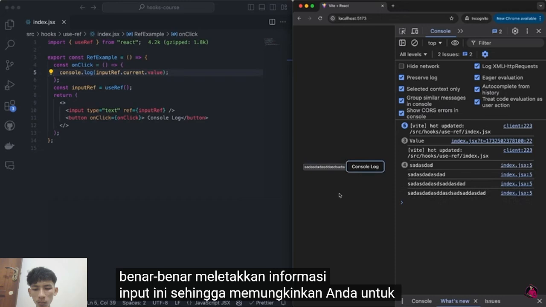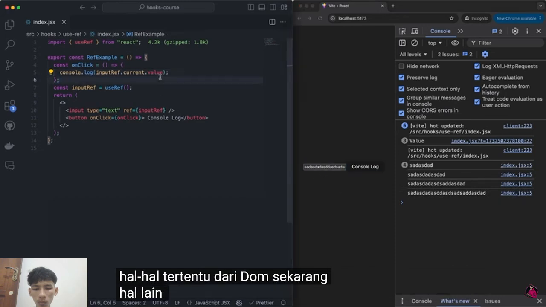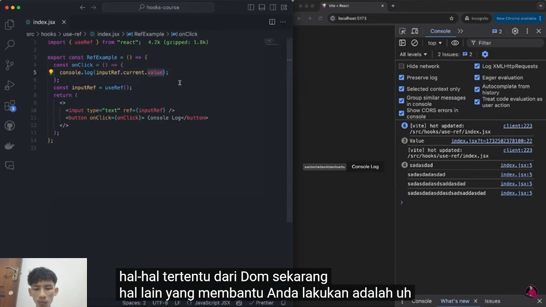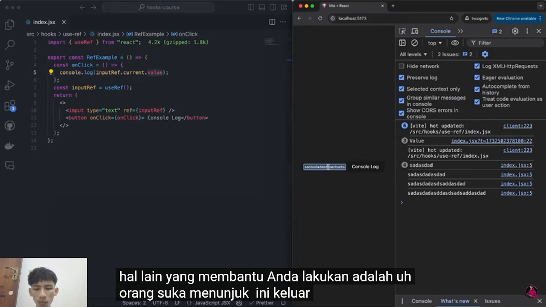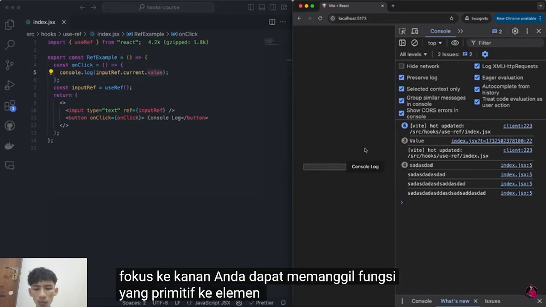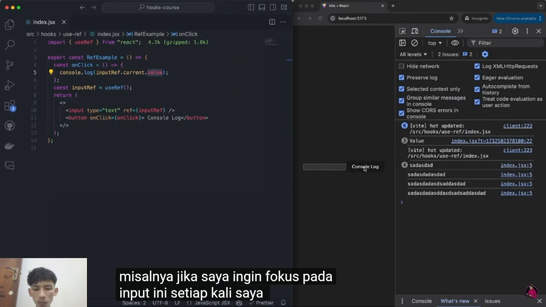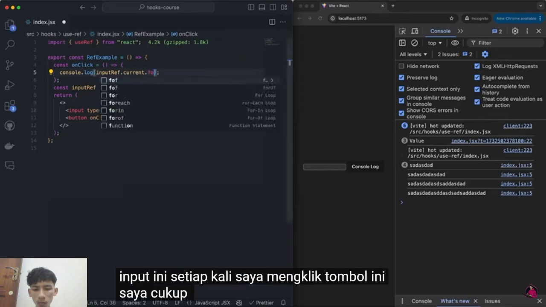So it allows you to grab specific things from the DOM. Now, another thing that it helps you do, that people love to point out, is focusing, right? You can call functions that are primitive to the HTML element. For example, if I want to focus on this input whenever I click on this button, I can just say